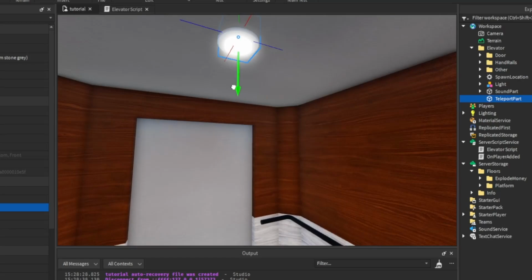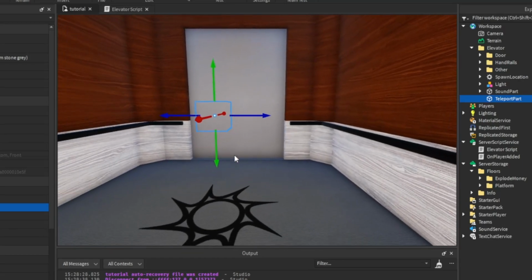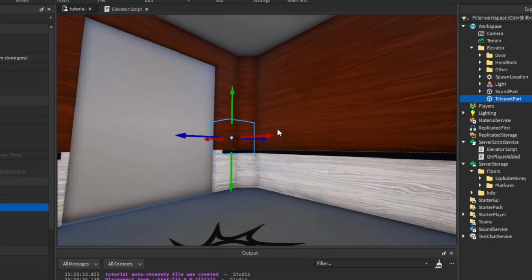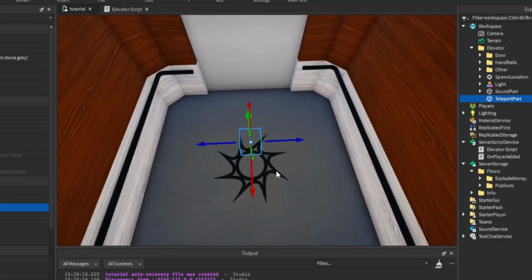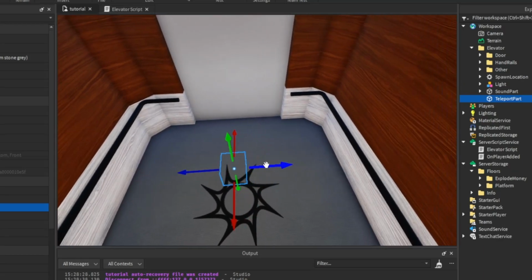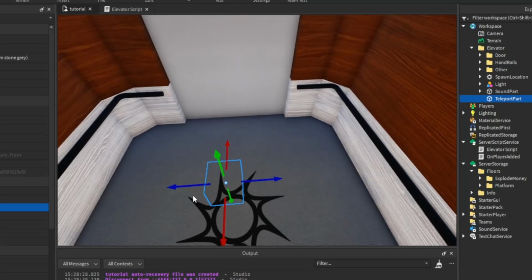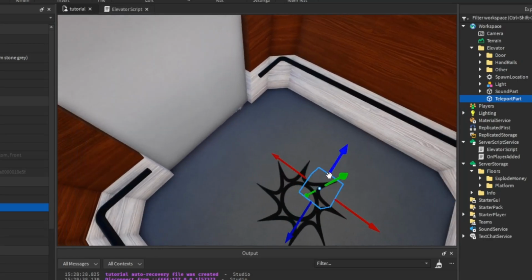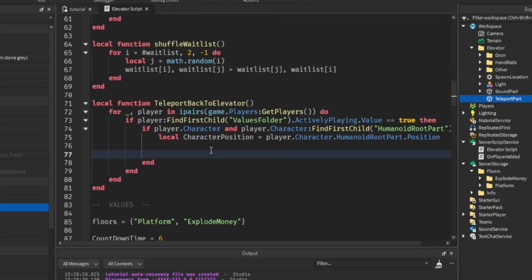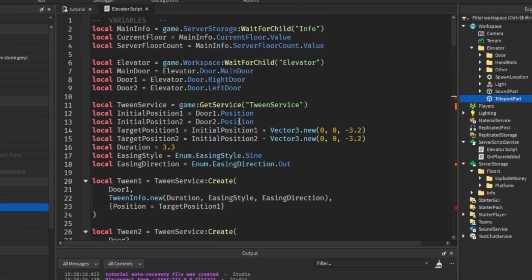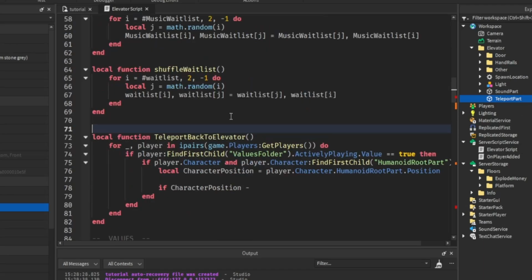So all you have to do now is move it to the right about here, and it should be good. This will teleport players to the exact center, so we can also get an accurate calculation since it's in the middle. So we'll go back and we'll do if character position minus teleport. Wait, let's actually add a